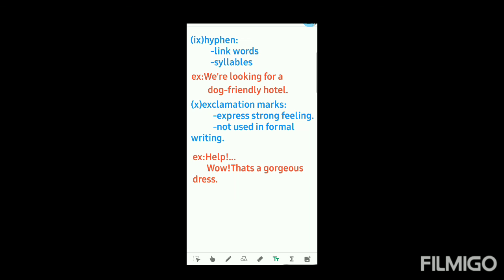So this word help, and after that I have used these 3 dots, right? So these 3 dots show that it is also one of the punctuations in English, and it is called ellipsis points. Ellipsis points. And your second one is